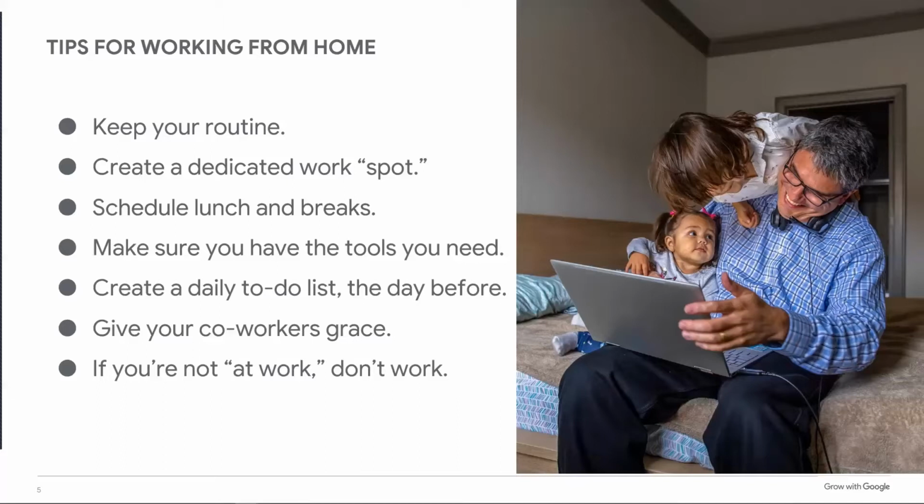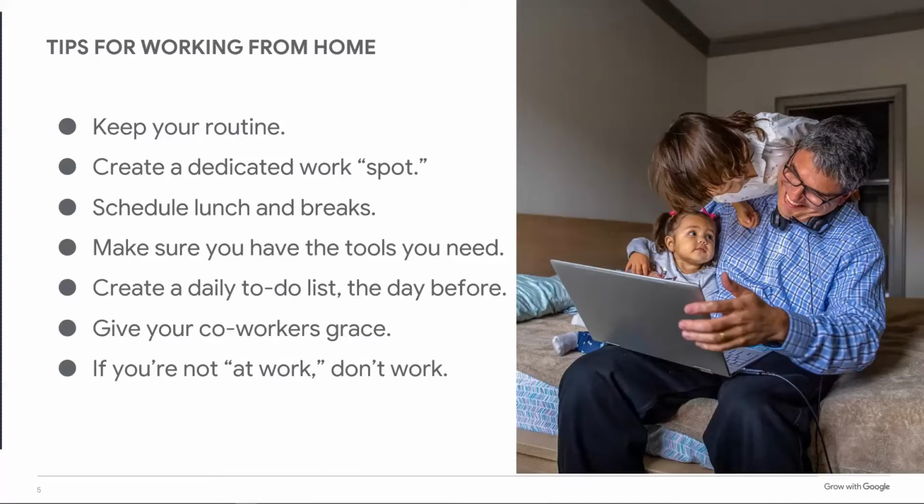We're not built to work for 8 hours straight, and we will actually become less productive and less creative when we do that. So schedule yourself a break or lunch every 90 minutes to 2 hours so that you can get up and move and get the blood flowing again, for lack of a better term. Whether that's going outside for a 10-minute walk, or grabbing a snack, or grabbing your lunch, or whatever that looks like. Every 90 minutes to 2 hours, you want to make sure that you're doing something, okay?